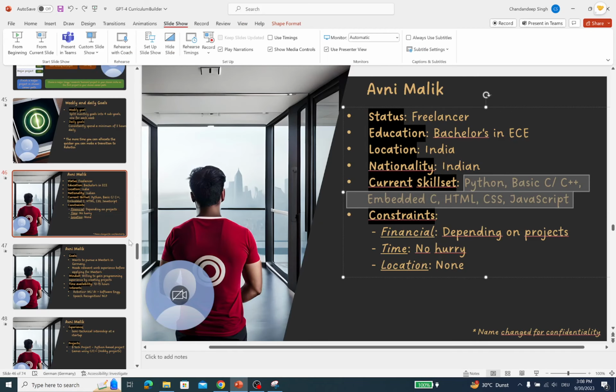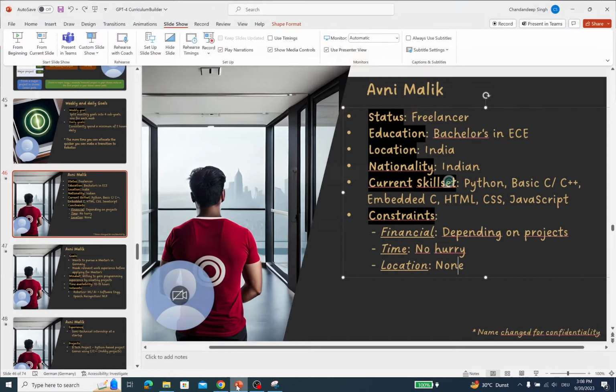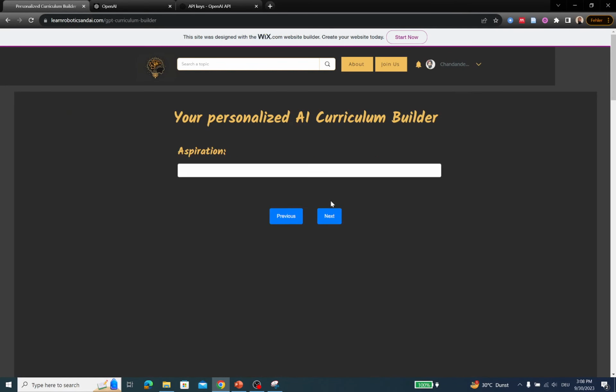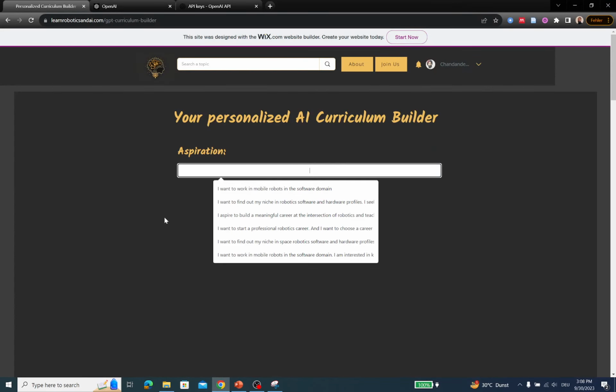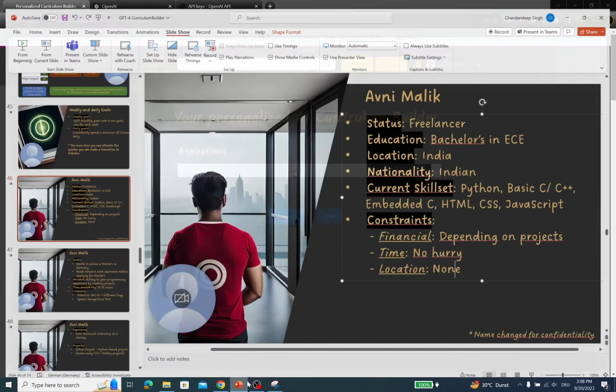And then the constraints are financial. It depends on the projects because it's a freelancing position, right? So time, no such pressure, and location, none. So there are no such constraints. I would leave it as none for this case. And aspirations, of course, when I created the plan, I also thought about these constraints, but for the sake of this demonstration, we can just select the constraints as none. So aspirations,